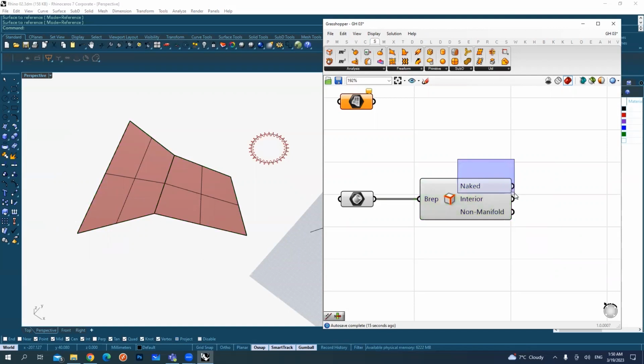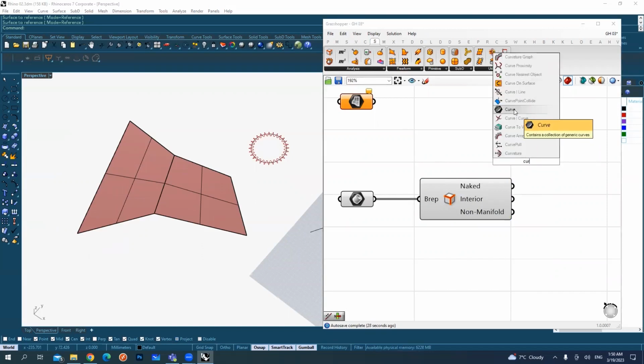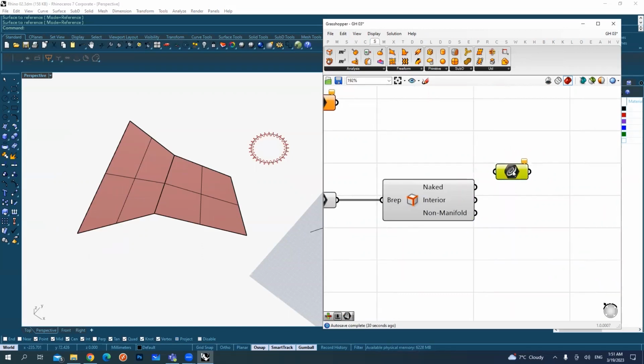So we also have two types, like the naked edges. These are the exterior edges, the ones on the exterior. If I also just call this curve container to select them, I see it's only the green ones, only the exterior ones, and the interior I have